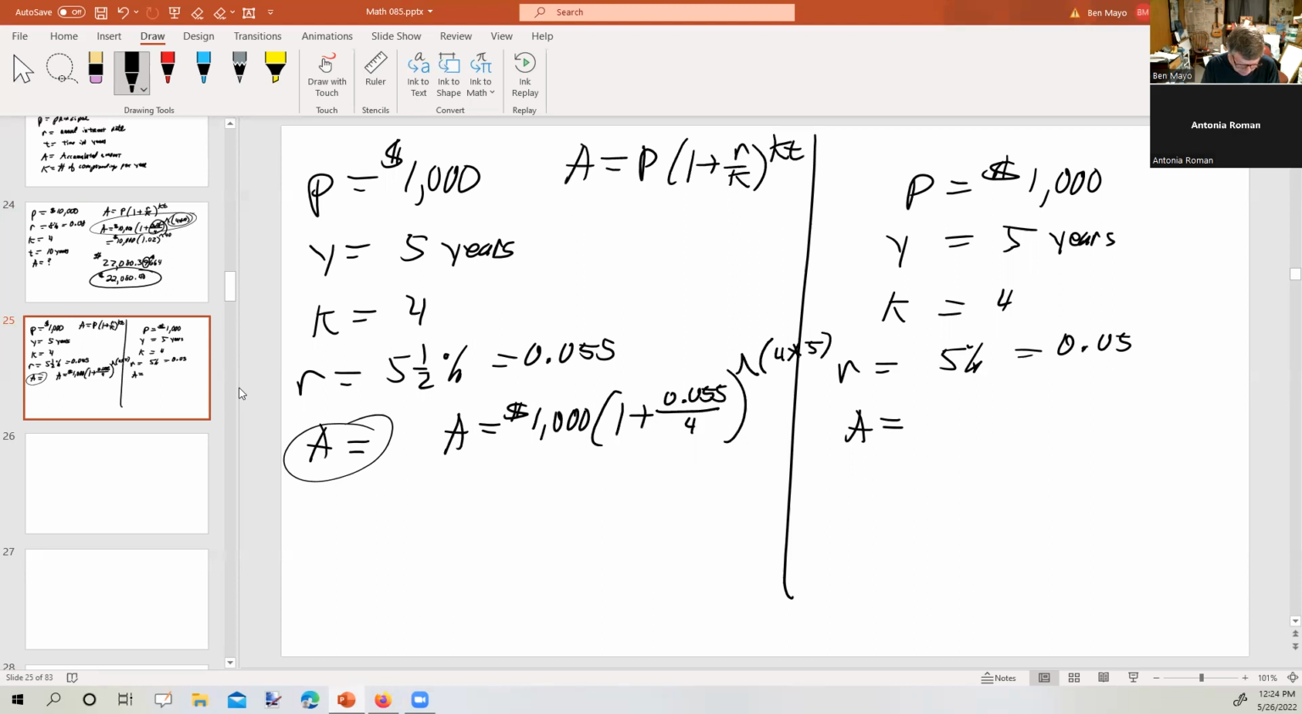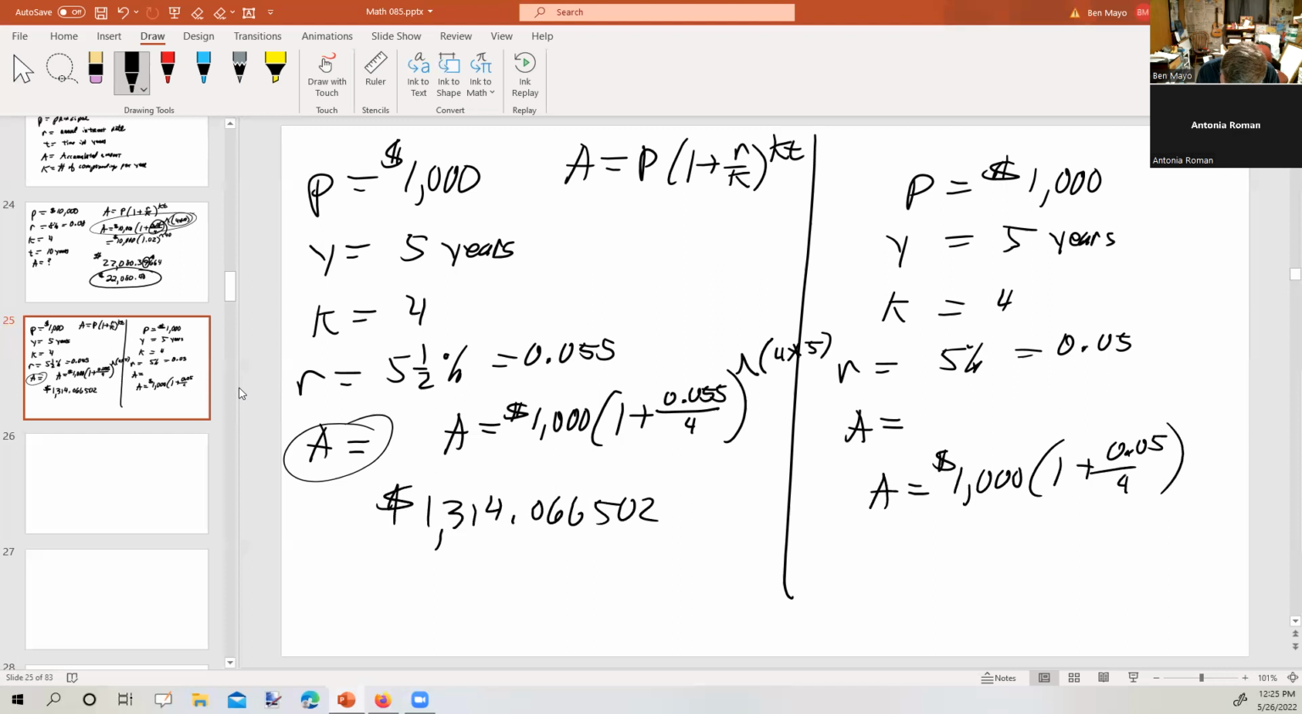Okay, 1,000 parentheses 1 plus 0.055 divided by 4. Close it up. Use the little caret key. Parentheses 4 times 5. Close it up. I get 1314.066502. Okay. Now we're going to go back and we're going to say A equals $1,000, 1 plus